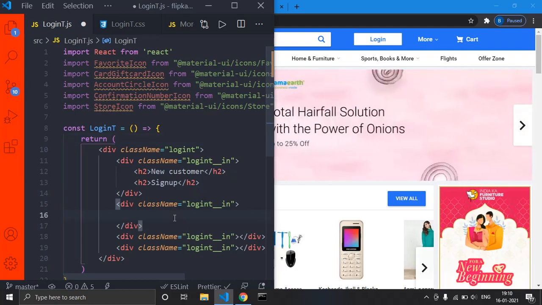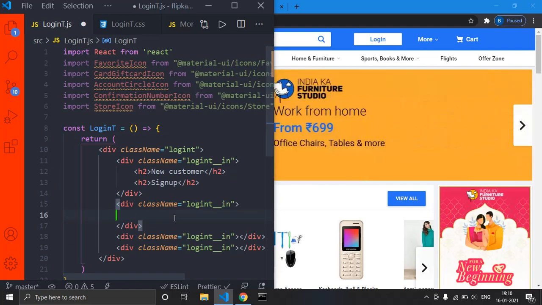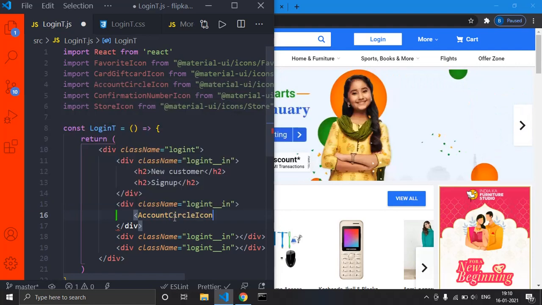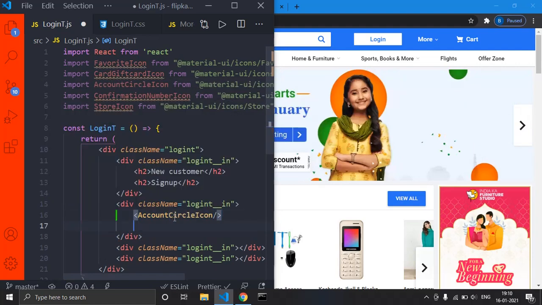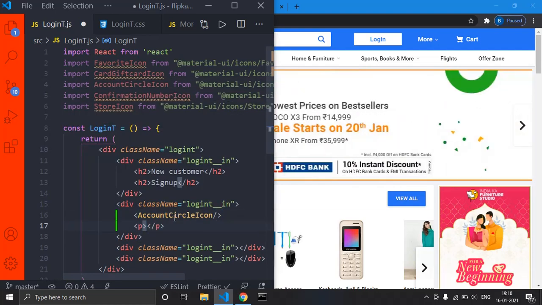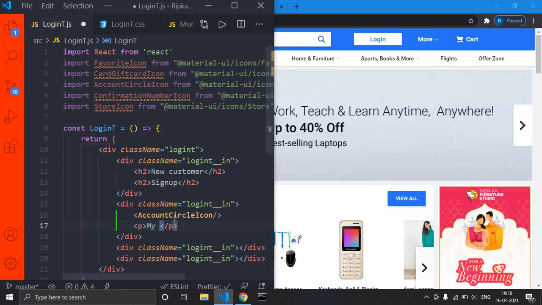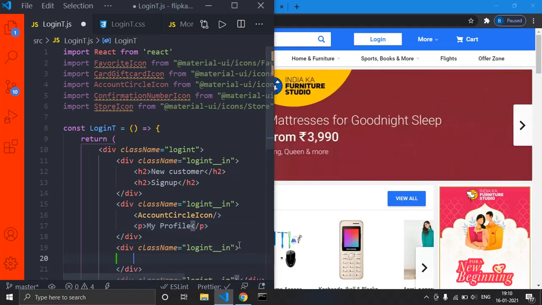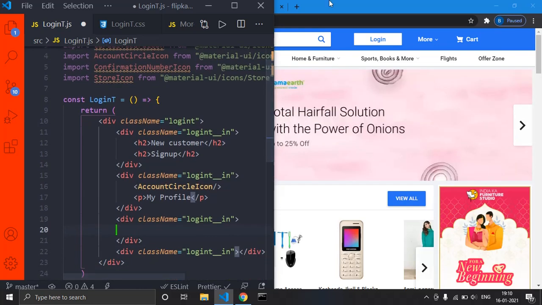Okay, see, and in the first one we have an icon, account circle, right? So let me write that one, account circle icon, and we have a p tag with my profile, right? So let me type in my profile, and in the next one, what do we have?